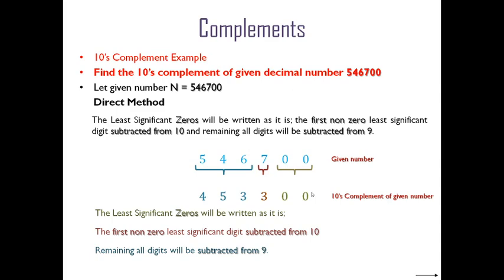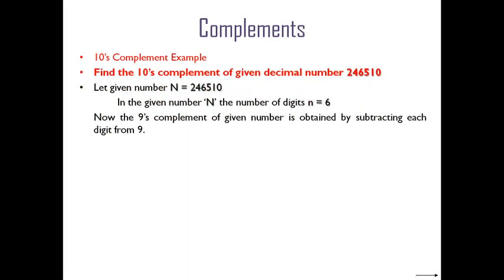Okay, and we will see one more example for the tens complement. Let us take 246510, and first we will find the tens complement by using the nines complement method. First, to find the nines complement, how many digits are there? 6 digits. That means we are considering 6 nines, and to obtain the nines complement let us subtract the given decimal number from these 6 nines. Subtracting, we will get it like this: 9 minus 0, 9 minus 1, 9 minus 5, 9 minus 6, 9 minus 4, 9 minus 2. This is the nines complement.